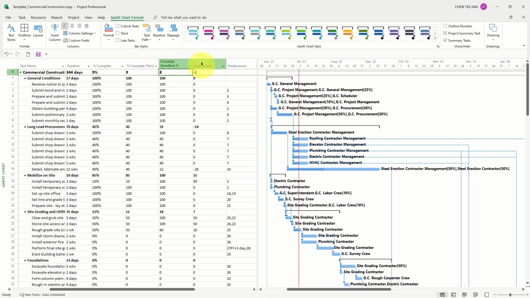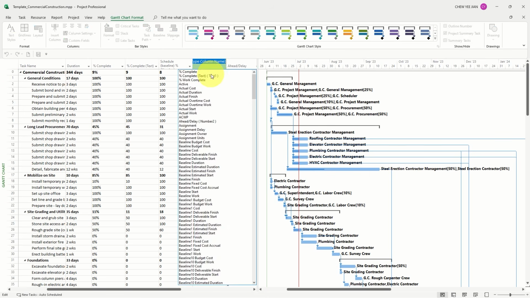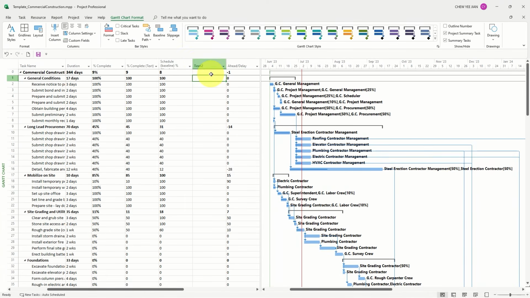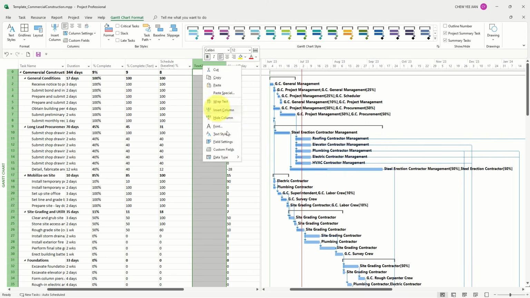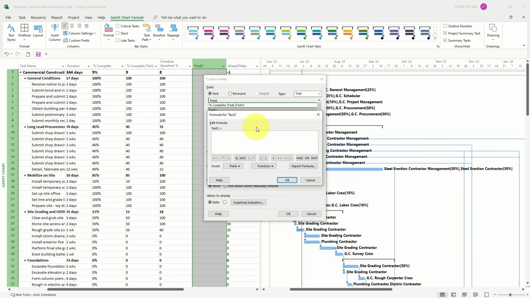So what we are going to do is insert another column, which is a text field again. Maybe we use the text tool over here. This text tool is just going to take the scheduled baseline and then add the percentage behind. That's all. So right click, custom field, formula, and we're going to take the scheduled baseline,